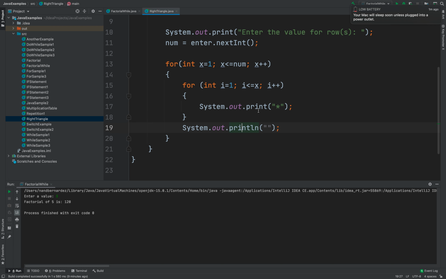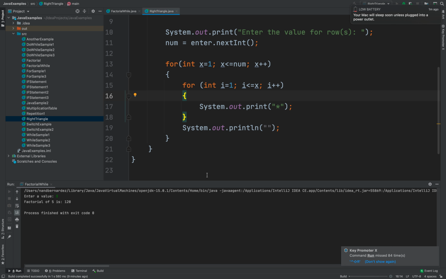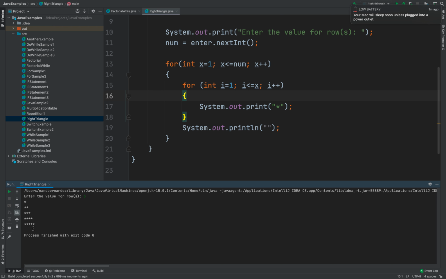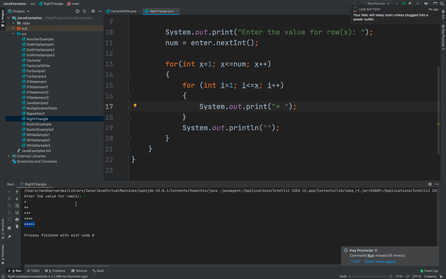Okay, so let me try running this code. So I'll run this code. For example, I will input 5, so there should be 5 rows here. So 1, 2, 3, 4, 5. There you go. It displayed 5 rows with 1, 2 there. Okay, here we go. So we need to put space here so that it will show well. Let me run again. 5. There you go. Okay,